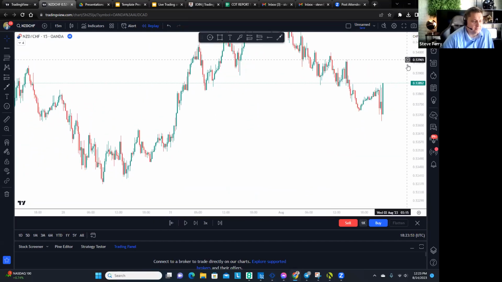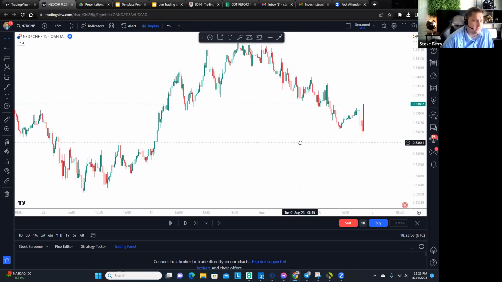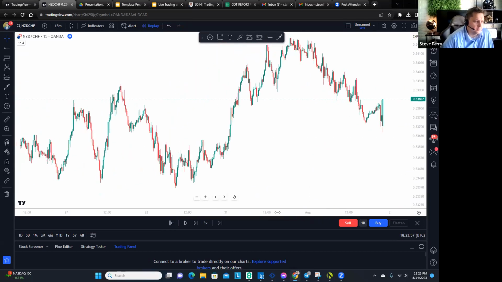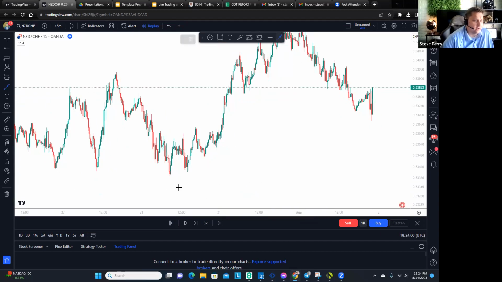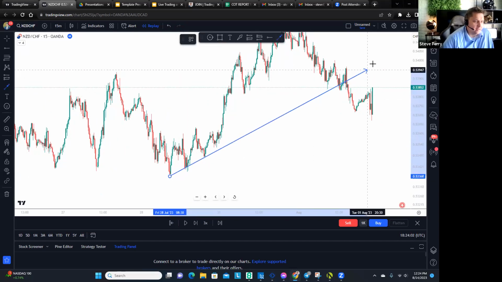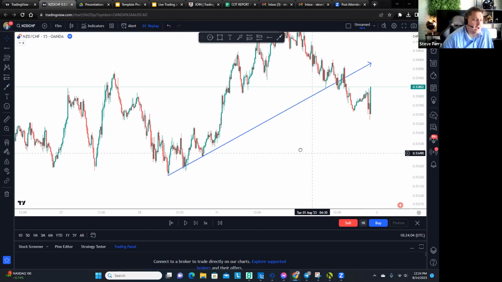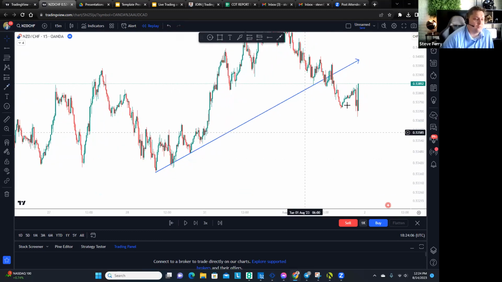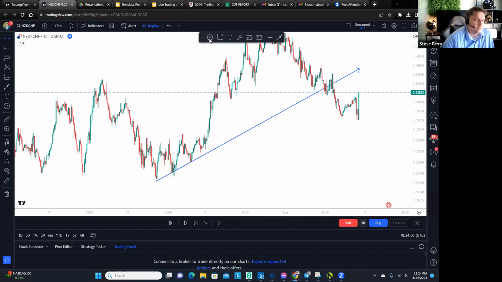What's going on, right? Let's break this down. Right over here, you've got a trend line right off the bat. And this should have signaled you way before that move even took place. But yeah, you can see you've got point 1. That's point 1 of a trend line. Right here, you've got point 2, point 3, which you have to have 3 points of engagement for it to be a trend line.